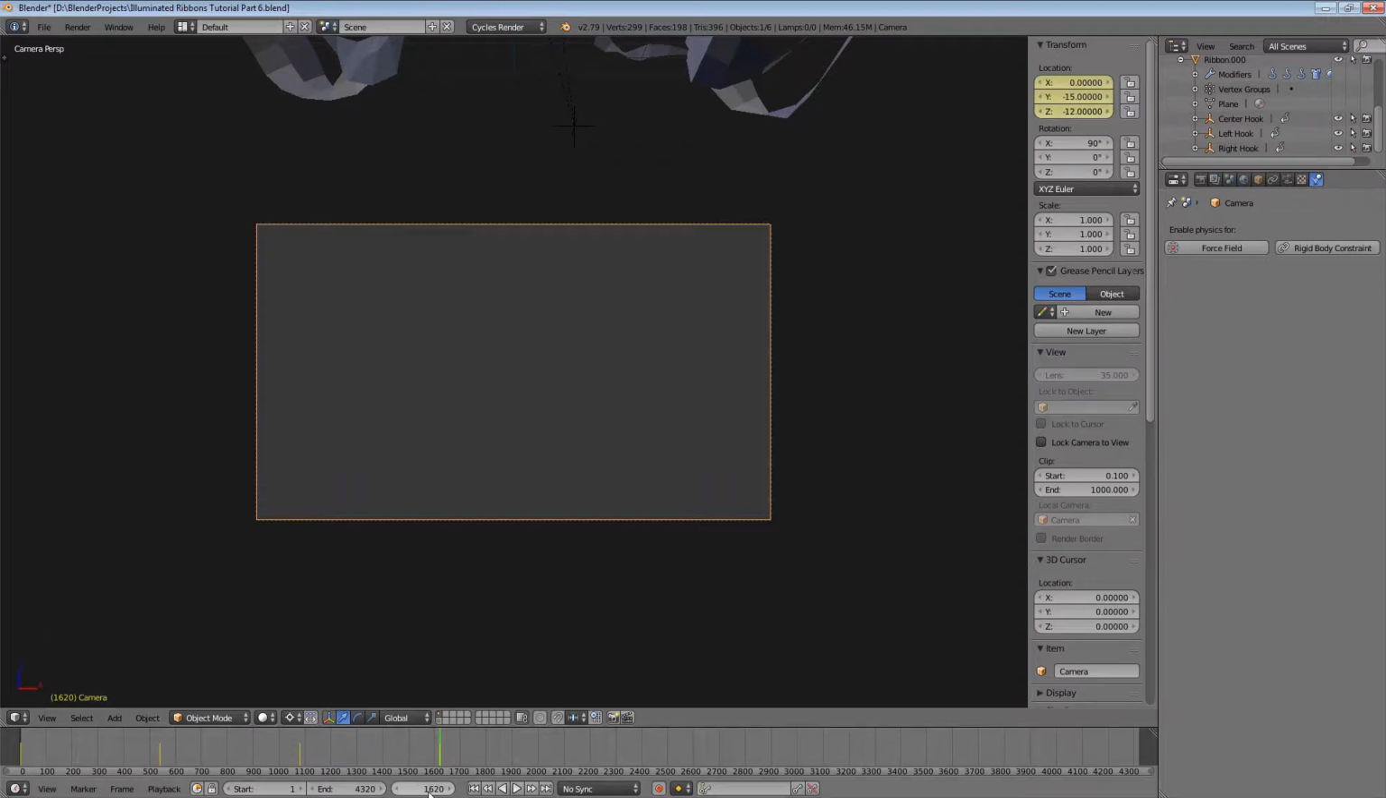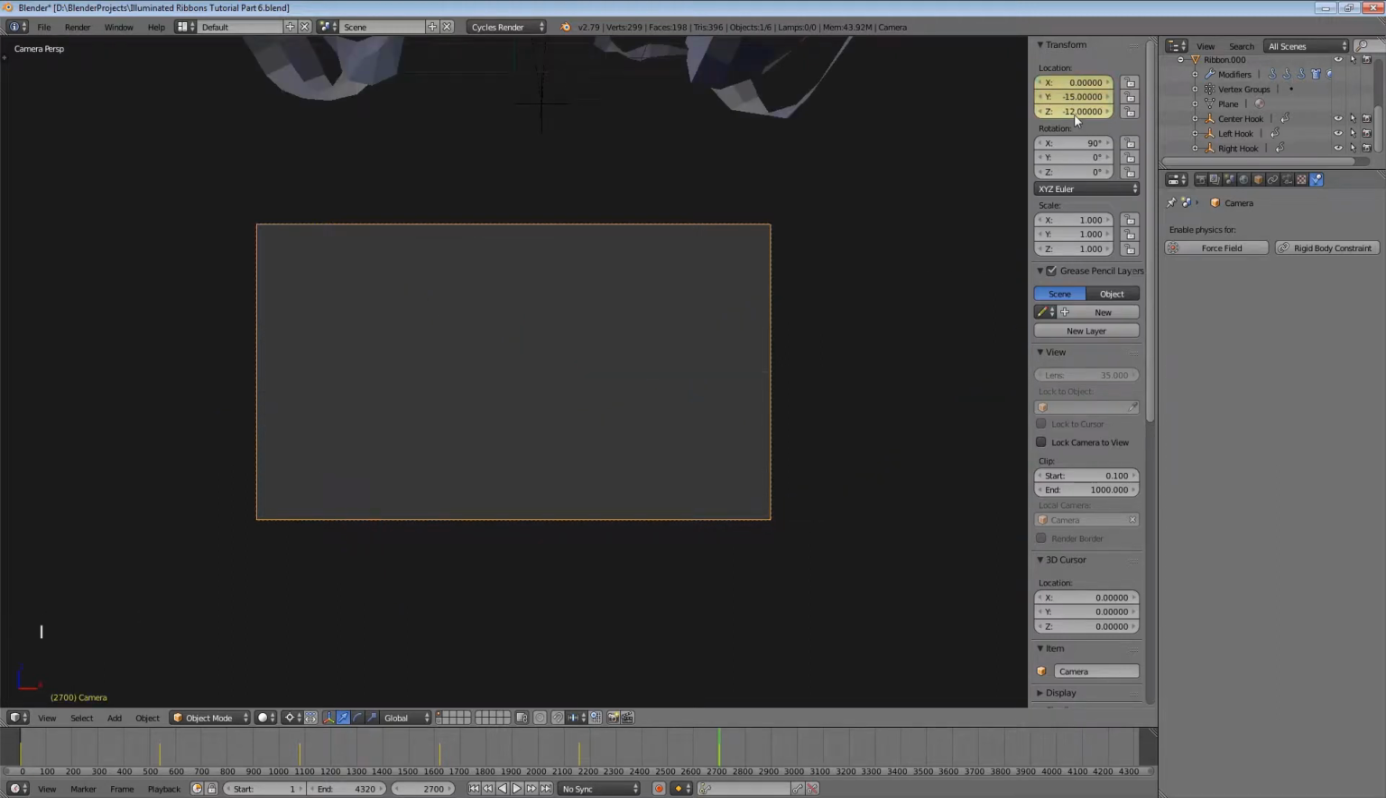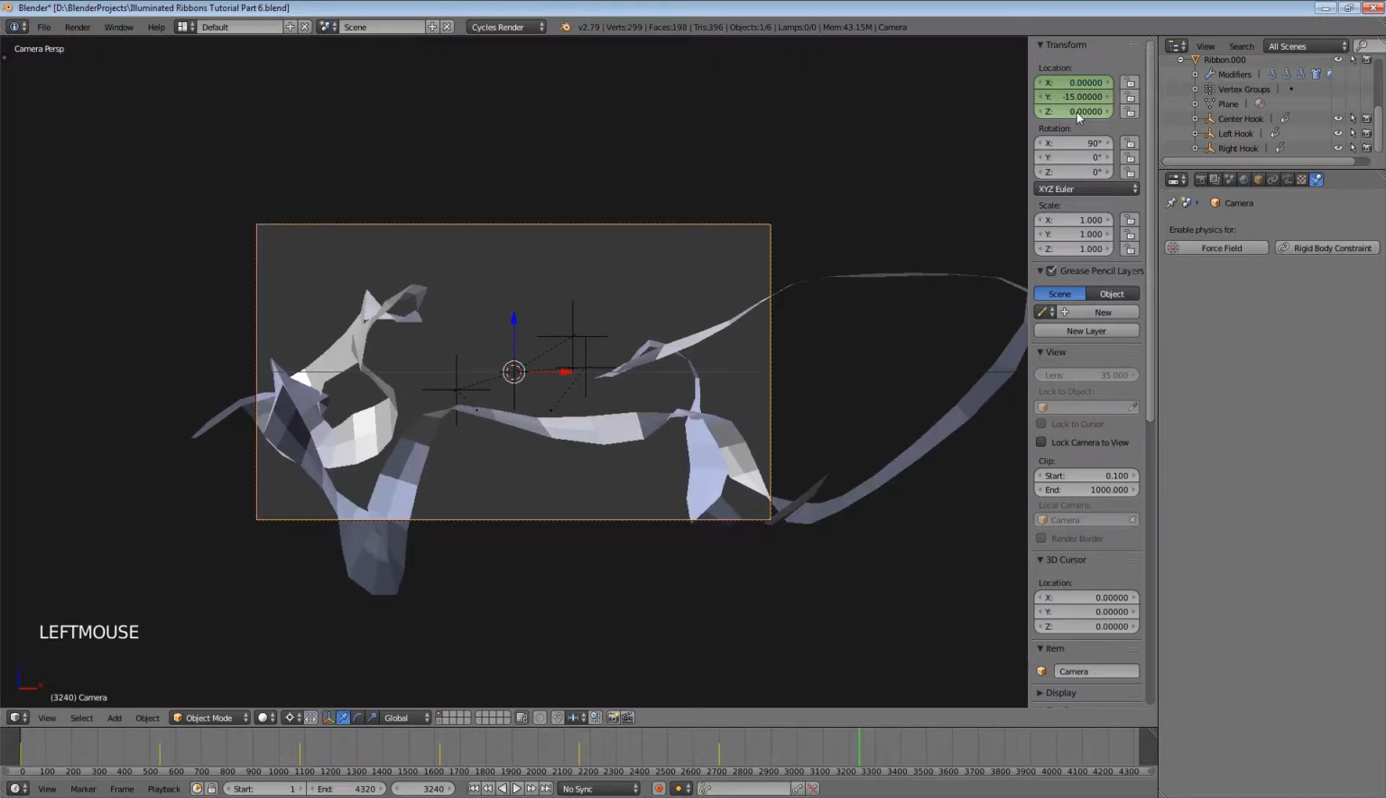advance the timeline to frame 2160, set the Z location to 0, press I, advance the timeline to frame 2700, set the Z location to -12, press I, advance the timeline to frame 3240, set the Z location to 0, press I, advance the timeline to frame 3780,